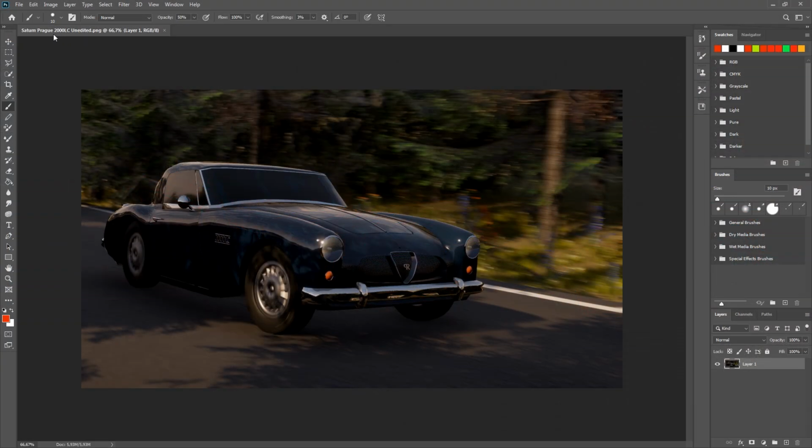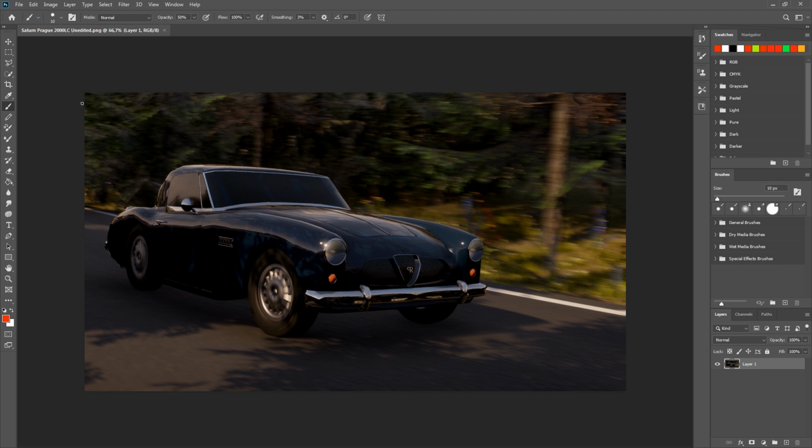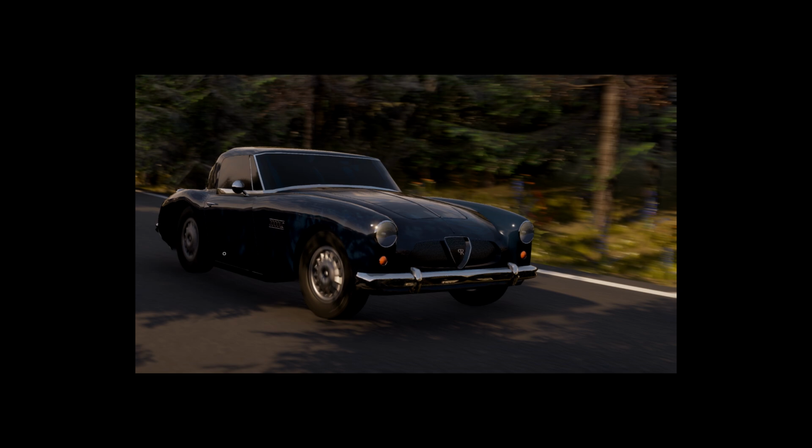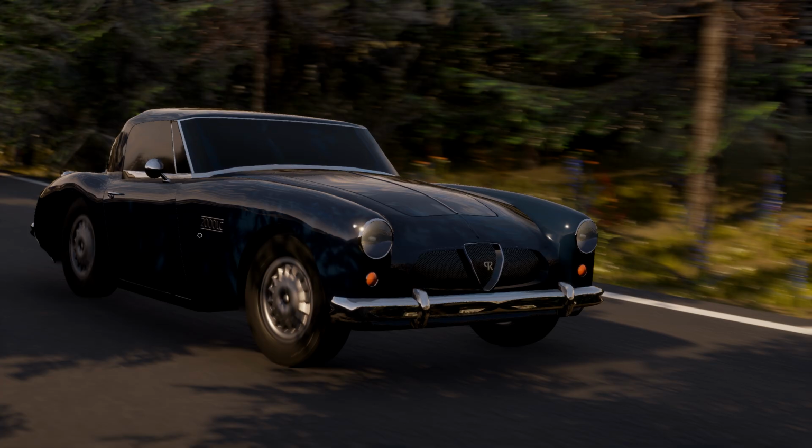And the next one on the list is by Prog 2000 LC. And I'm wondering if that is the name of the car instead of his screen name. But let's assume that is the correct screen name. And here we have the image. And,